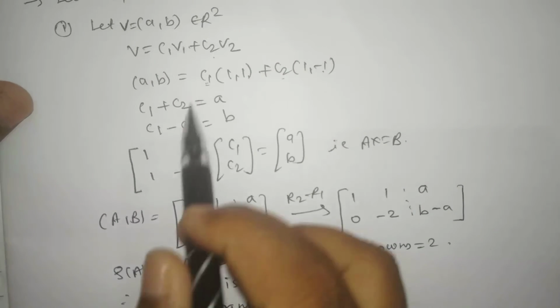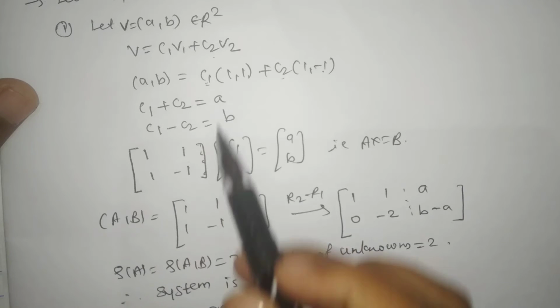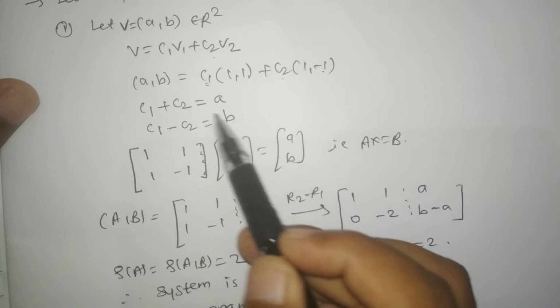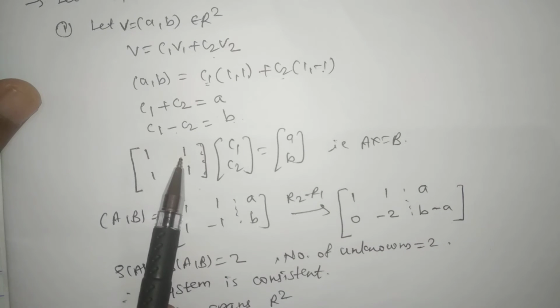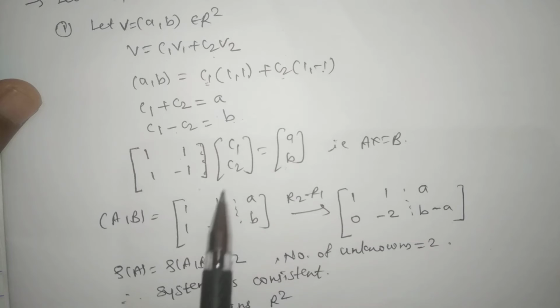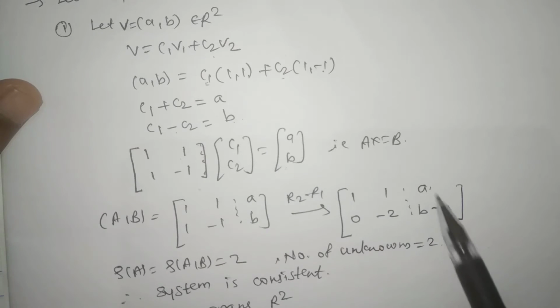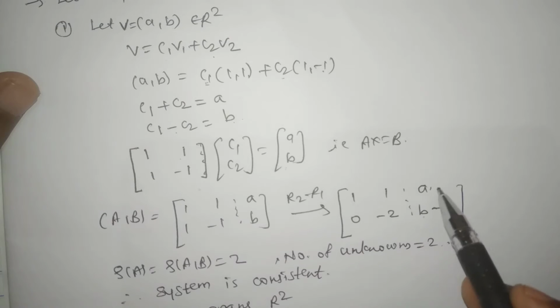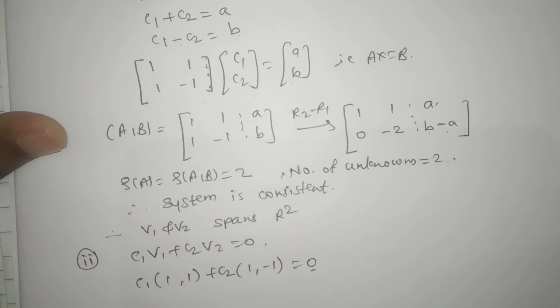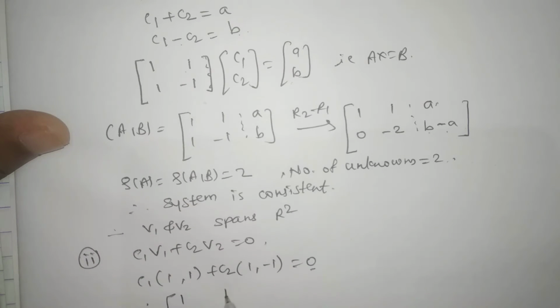So we will get the same equations, only the right hand side is 0. Same type of equation in the left hand side, so we will get the same matrix, and here similar operations we can make, and here the values of A and B are 0. So no need to solve it repeatedly, we can directly write here A and B as 0 to get the echelon form matrix. Therefore we will get here 1 1 0, 0 minus 2 0.